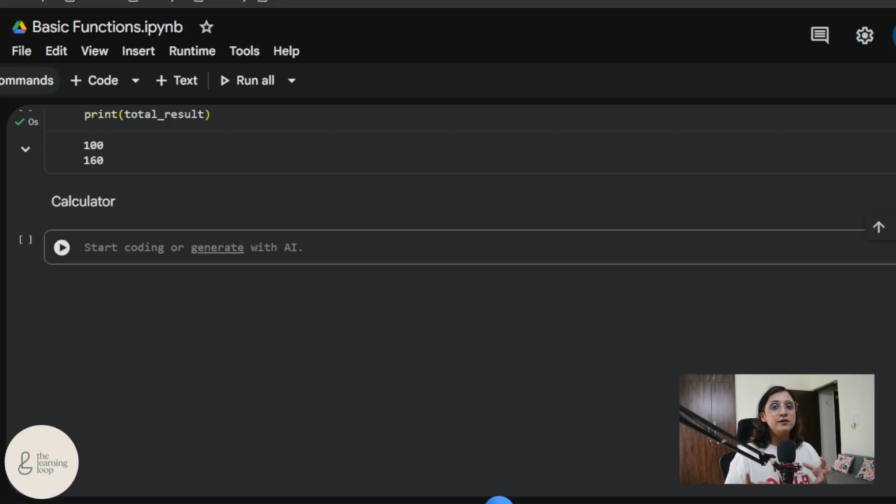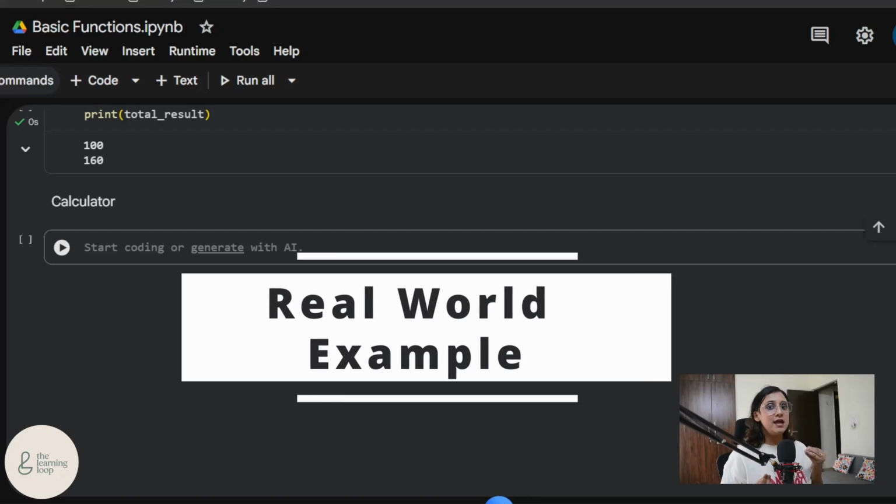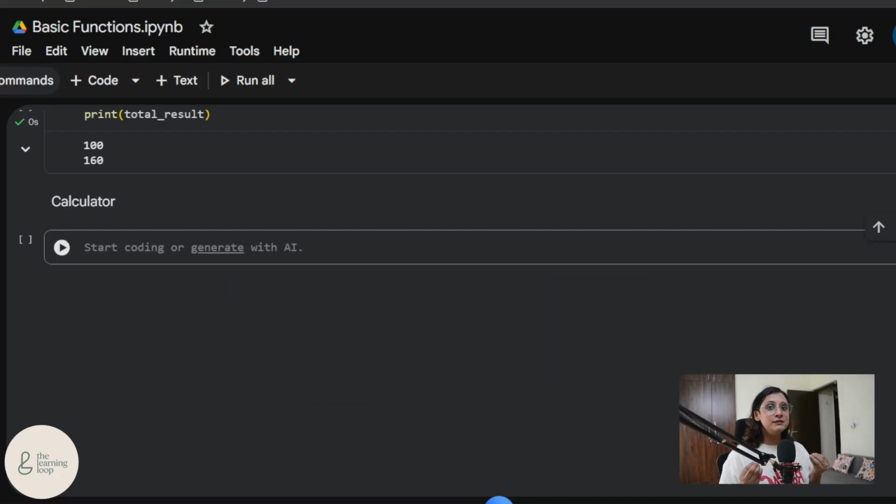Let's do one real world example as well. Let's say I want to build a calculator using a function which would ask a user to input two numbers, and then we will perform whatever operation the user wants to perform on those numbers. Okay,